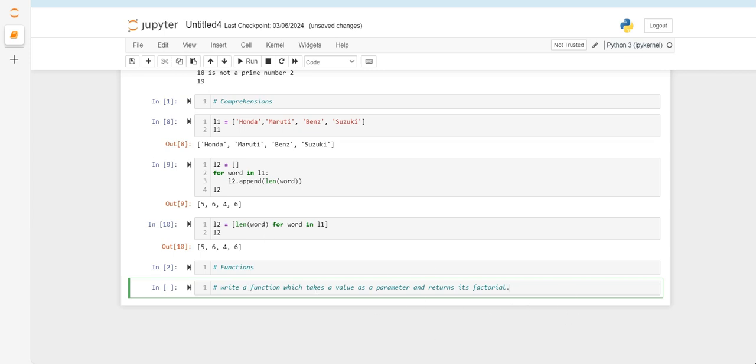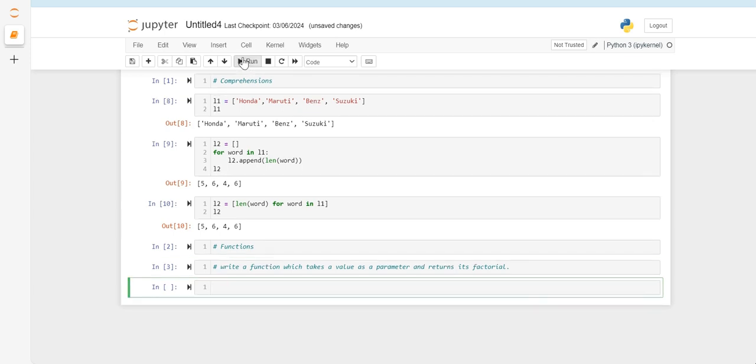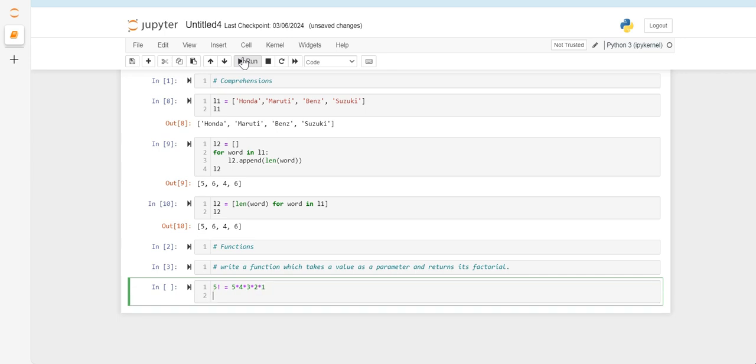So we know that 5 factorial, what is it? If I say factorial of 5, what does it mean? It means 5 multiplied by 4 multiplied by 3 multiplied by 2 and multiplied by 1. In a similar way, if I write n factorial, what does it mean? n factorial means n multiplied by